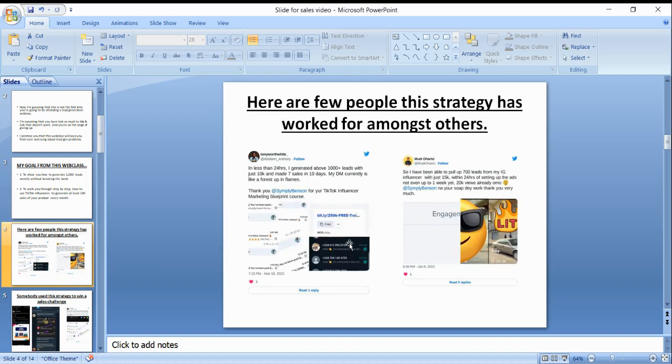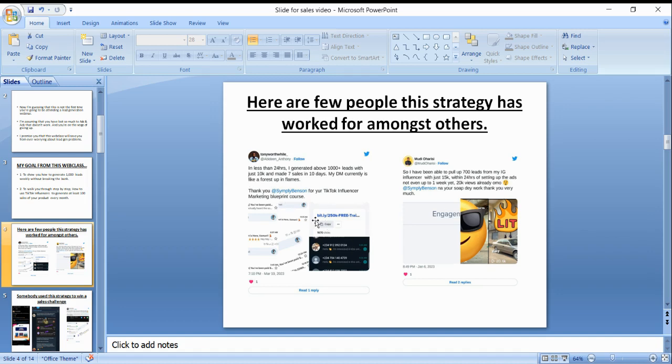So before we get into the gist of the discussion, because you are probably thinking, okay, this technique you want to show me, this framework, this strategy you want to show me, has it worked for people before? Has it been proven to deliver results? And I'm here to tell you that tons of people, hundreds of people have benefited from this framework I want to show you, and here are some of them.